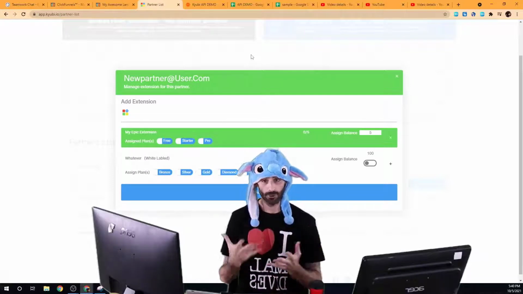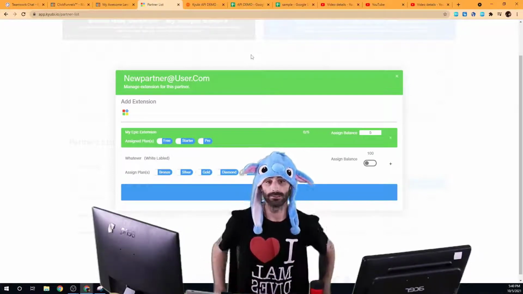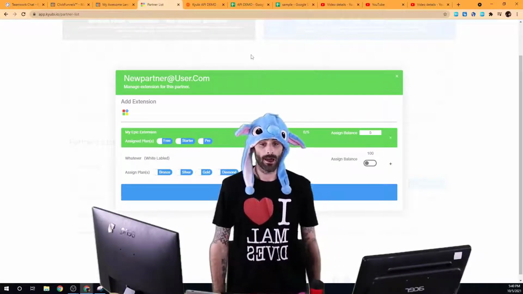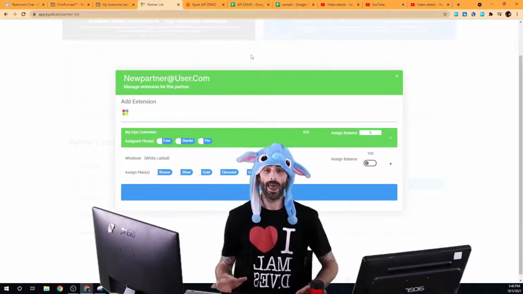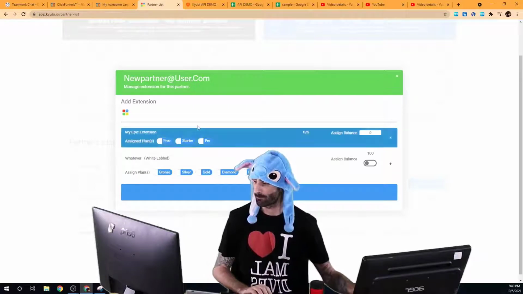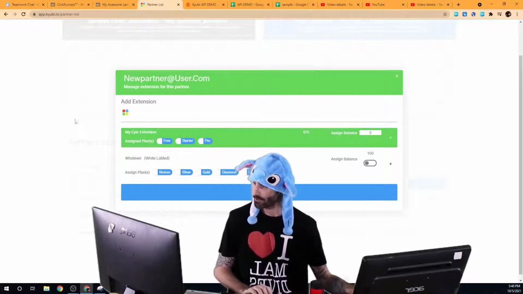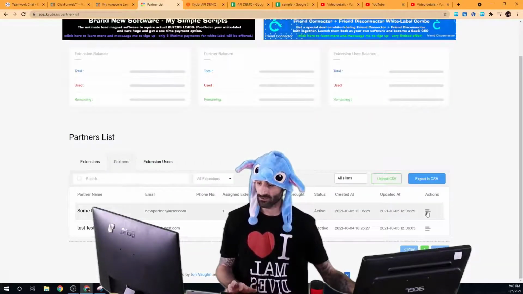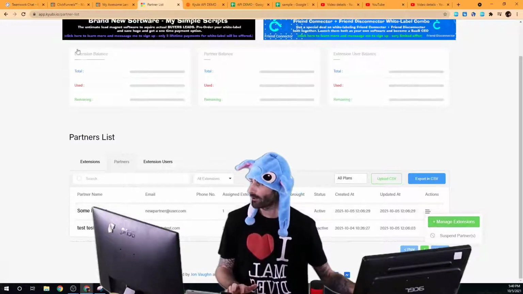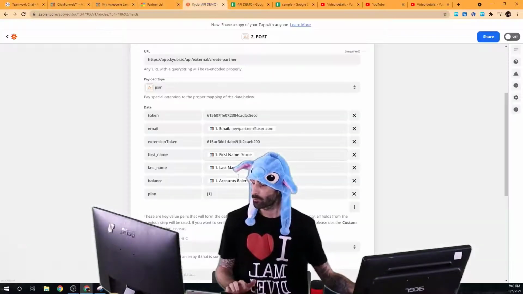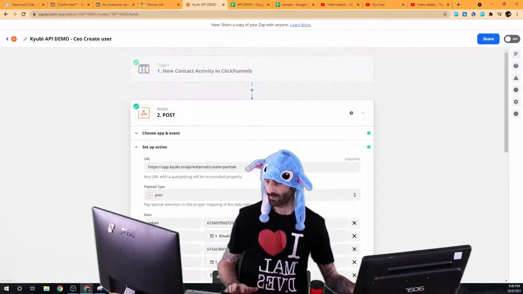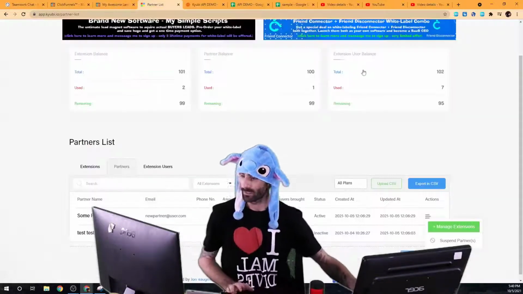So after you create their accounts, you will need to send them an email to let them know their account has been created, where they can log in, and what their username and password are. Okay? So now we've actually created this partner automatically with our API. We can see that for some reason their plans weren't actually added, but that's okay because we'll figure that out